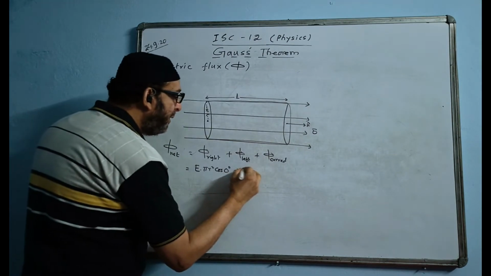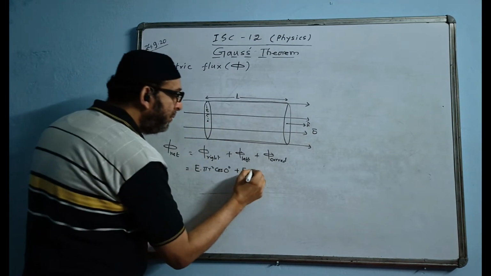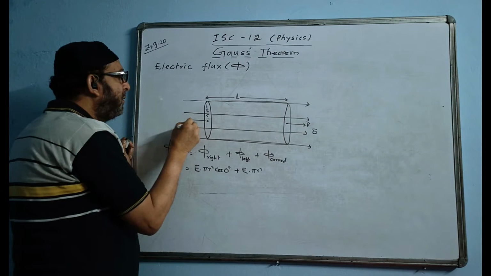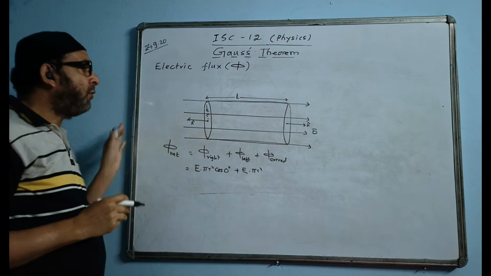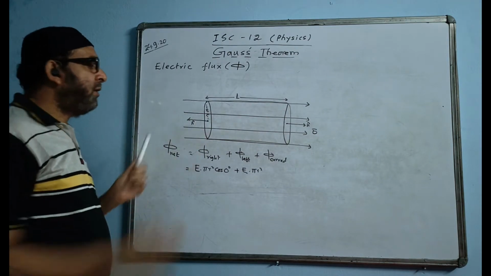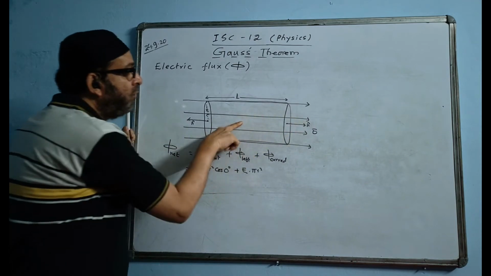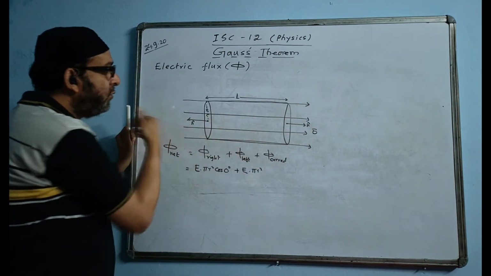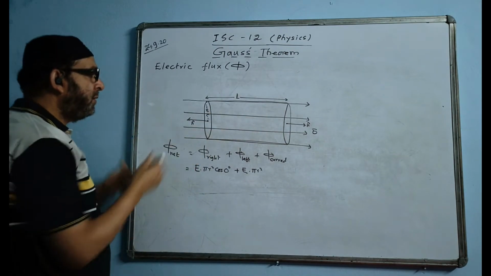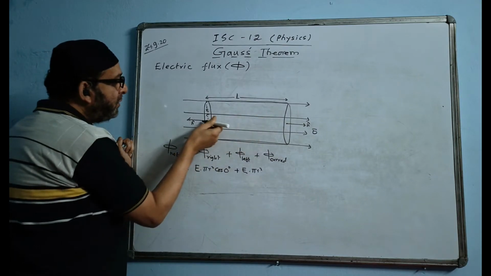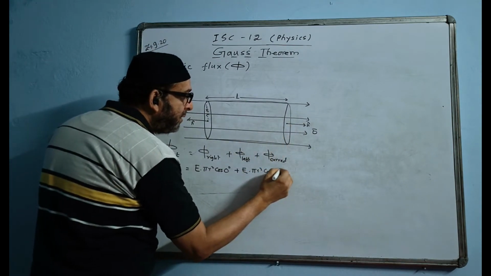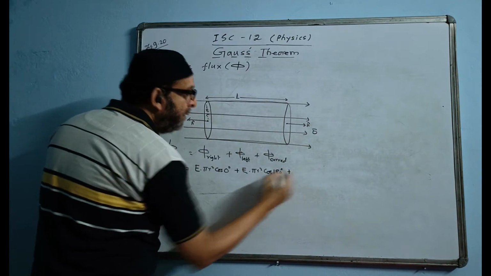Phi left, again I will take E into area. The area of this is also circular, pi r square, the same formula. And here the normal vector will come like this, directed away from the surface, directed outward. Because lines of force never go inside the conductor, the normal will always go outward from the surface. If it went like this, it would go inwards. It should not go inside. So n cap is over here. The angle between n cap and E: they are in opposite directions. One is like this and E is going like this. That means the angle theta is 180 degree.